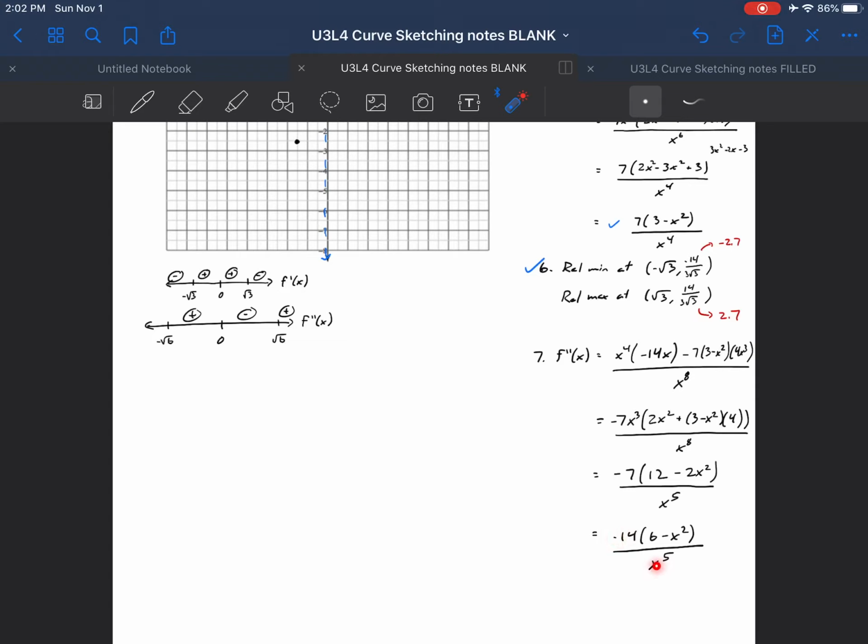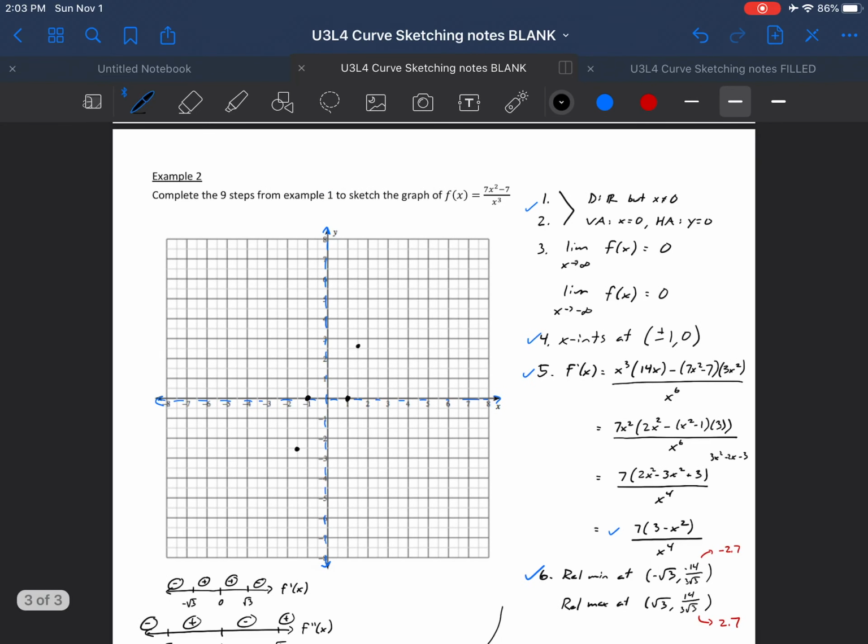I'll write that here, right? So we're just kind of going this way. POI is at root 6. Compute the value in a second. Negative root 6. Compute the value in a second. Yeah, so we want to evaluate this function here at